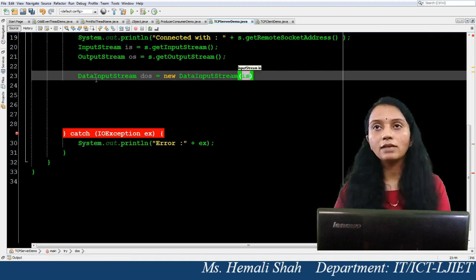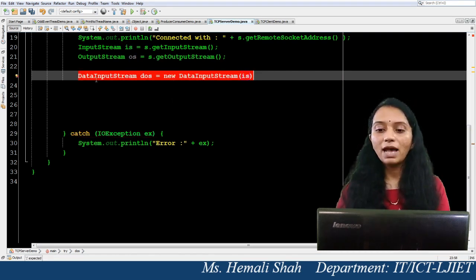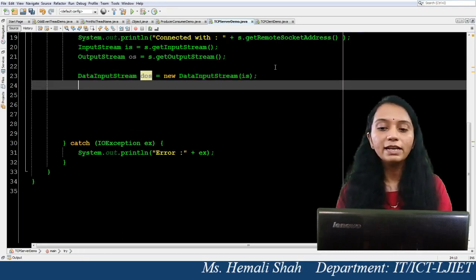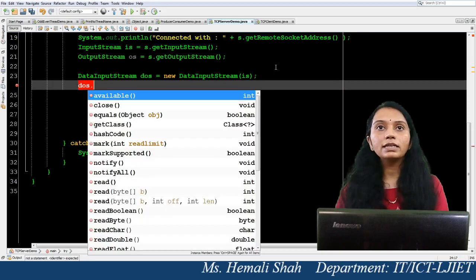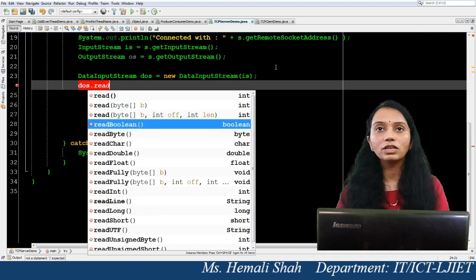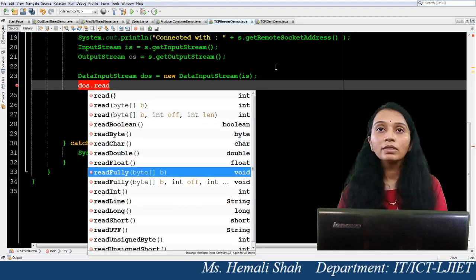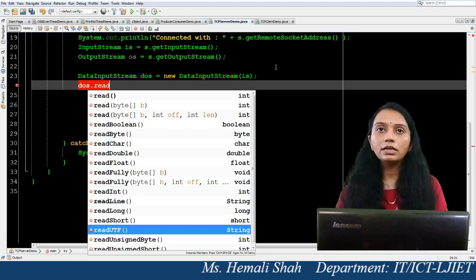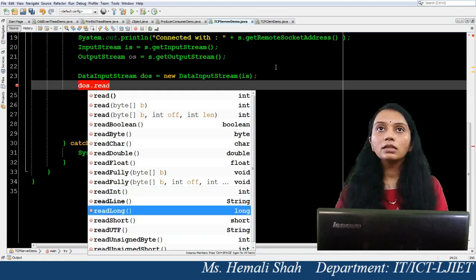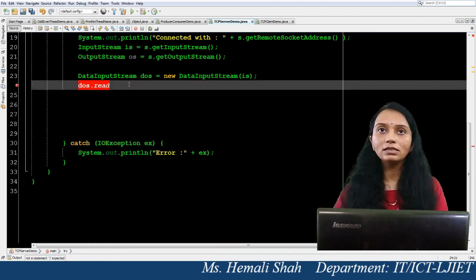Here I am just passing the reference to convert this input stream into a DataInputStream so that I can get more reading functions. See, this DataInputStream has a very large set of read functions. You can read the boolean value also, you can read byte, char, double, readLine, this readUTF, writeUTF functions that return the string. This readUTF and writeUTF function we will use to read and write the string.